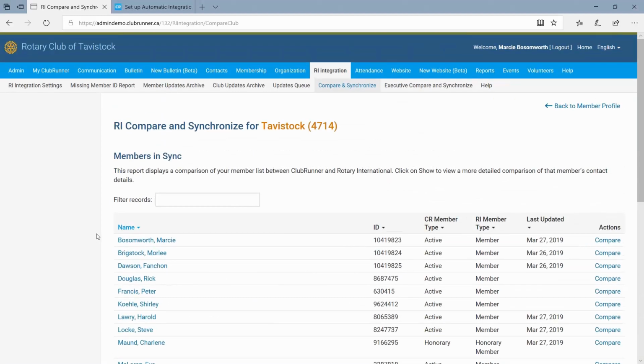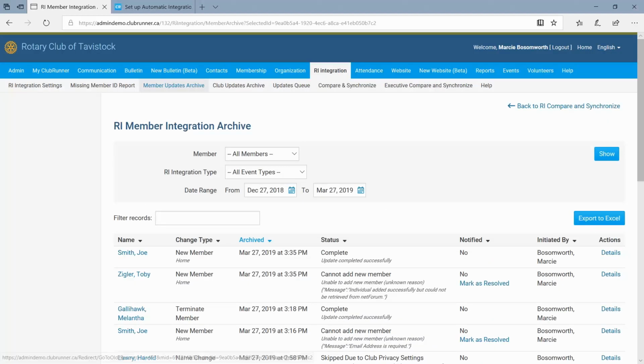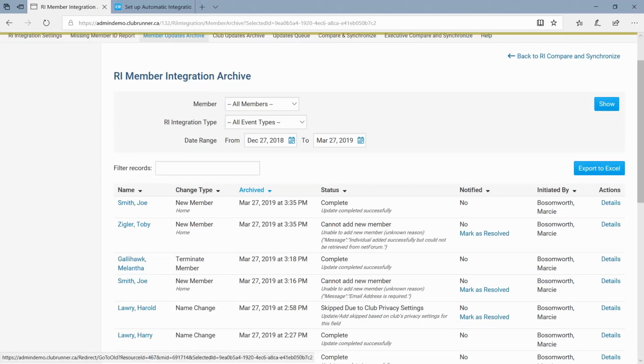Now, I want to cover a few more things. I know we've gone over time, and I apologize about that. This is a very large topic, but I want to make sure that we cover a few things. I want to talk about the member updates archive. What that means is we keep track of every integration attempt that's happened through ClubRunner, whether it passes or fails. If I click on Member Updates Archive, I can actually see what's happening. One of the last things I did was add Toby Zigler. So you can see that